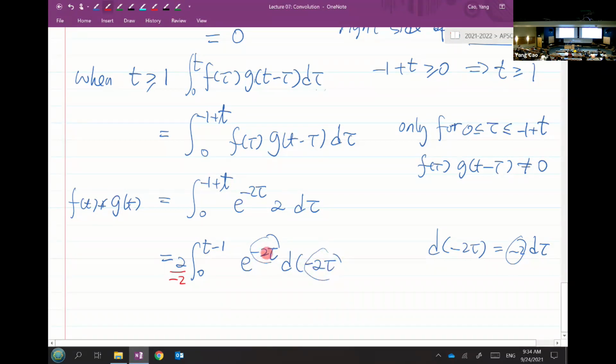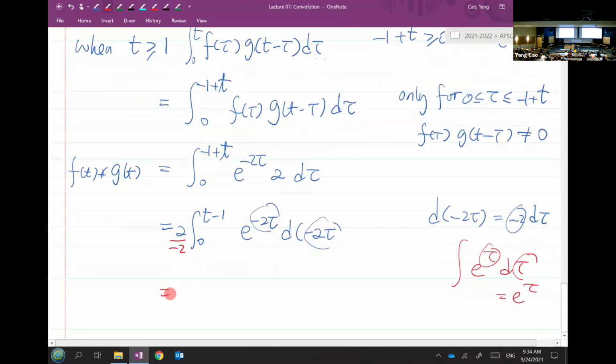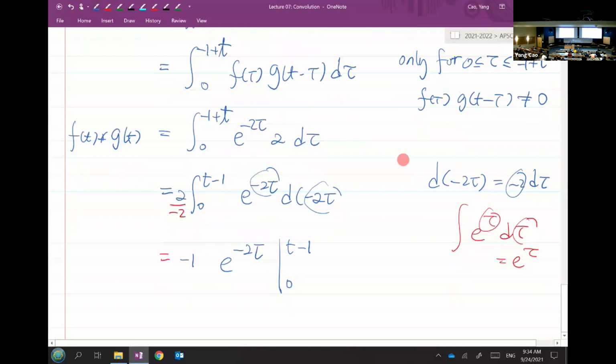Okay. And we all know when you integrate e to the power of tau d tau, you get e to the power of tau. As long as these two quantities are the same quantity, it doesn't matter how long the quantity is, you get e to the power of that quantity. So then what do I get? -1 under here, and then e to the power of -2 tau for the integral, and the limit goes from 0 to t minus 1. So tau goes from 0 to t minus 1. Plug in the limits, and you get